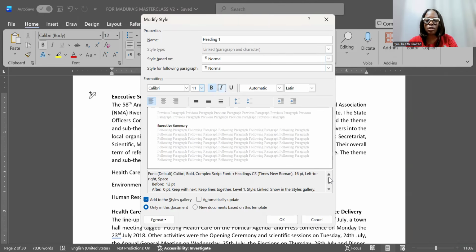You should be consistent. If you've decided to use Calibri 12 bold for all heading ones, ensure that you are consistent so that you don't use font size 12 for some heading ones and font size 11 for some other heading ones. It wouldn't work. It wouldn't look nice on your document. So once you've done those edits that you want to do,